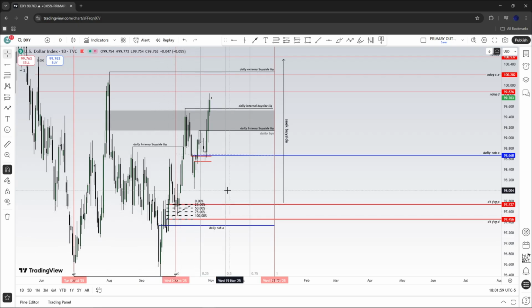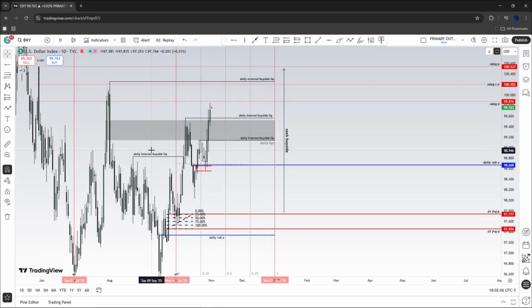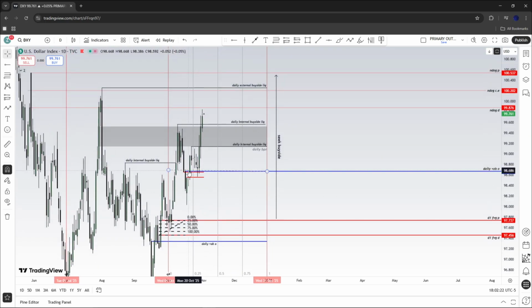As we were entering into Q4, we had priced in this fair value gap, or the imbalance, on the lower end of this, targeting the internal buy side liquidity, which we ran through effortlessly. It proceeded to retrace back down into the range, the overall range from this low to this high, that should be around the 50% of that, or just the upper 50% of that range, and proceeded to price in more bullish PD arrays and respect them up until we've now raided the internal buy side liquidity, or the engineered buy side liquidity, within Q4.